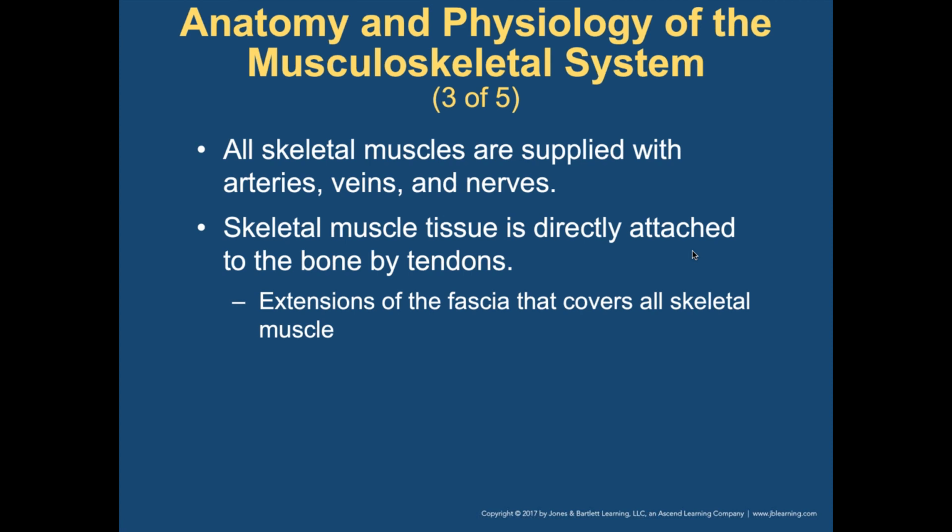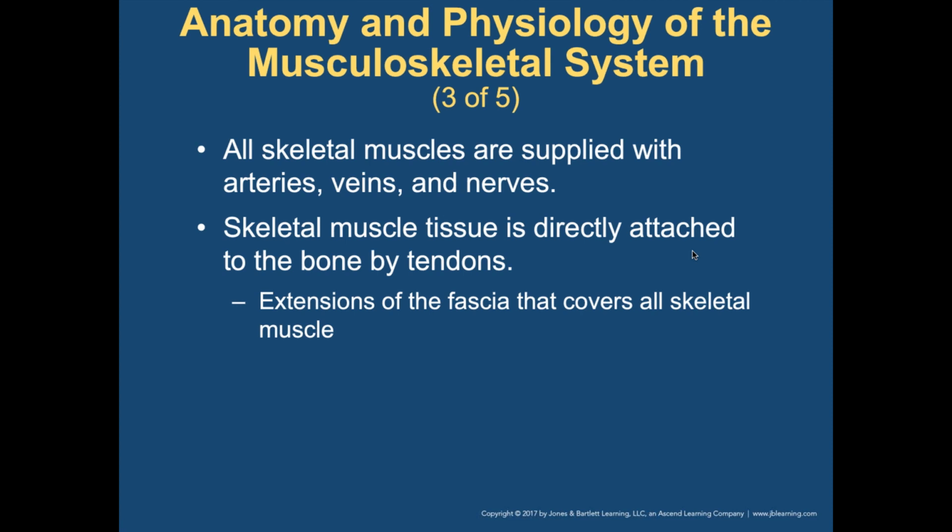All skeletal muscles are supplied with arteries, veins, and nerves. It's important because no matter what, they make functions. They've got to have the blood, and they've got to have feeling. So blood from the arteries brings oxygen, glucose, and nutrients to the muscles. We all need that extra energy. So that's where the glucose is coming from. When you burn those muscles, let's say in the gym, you're working out hard, it's because you're running out of glucose.